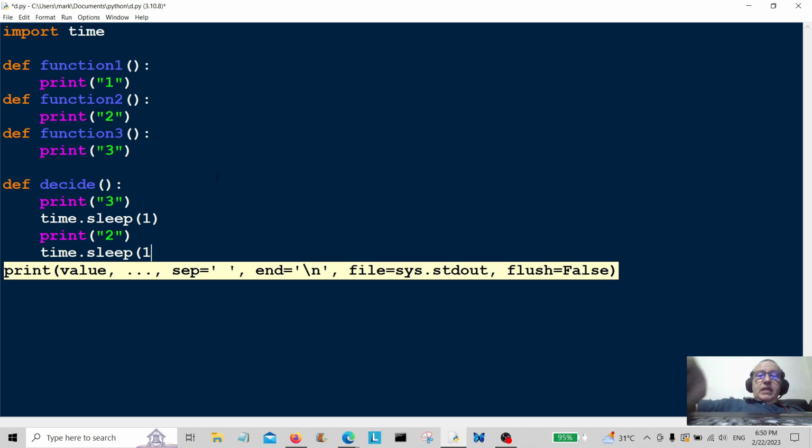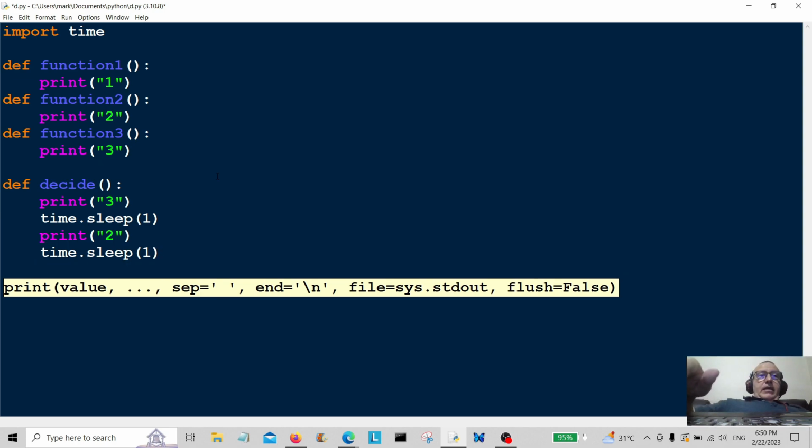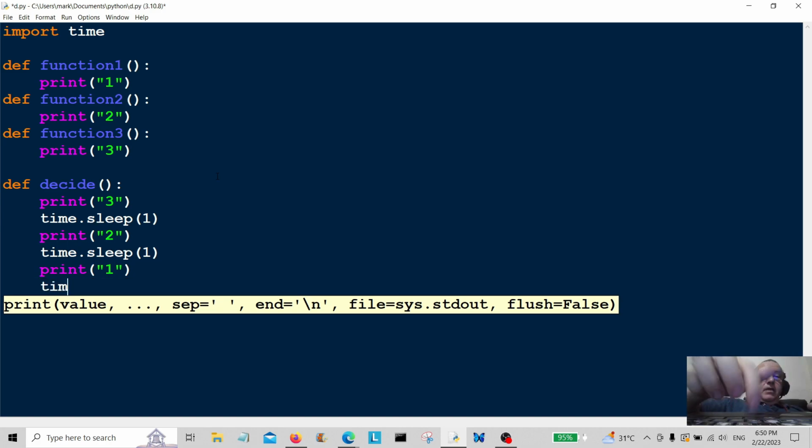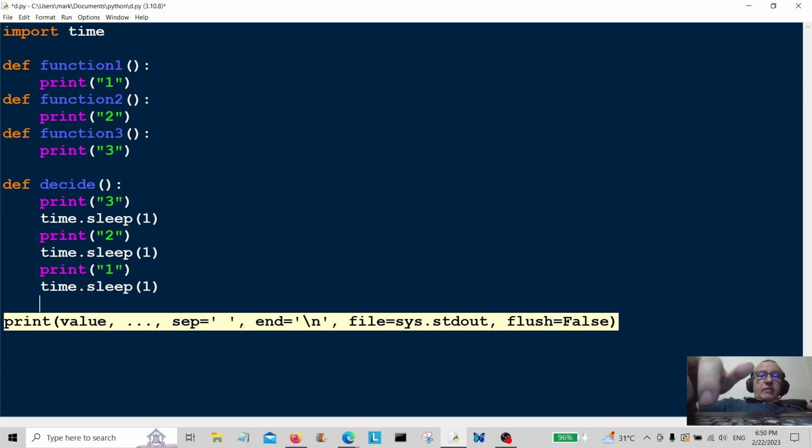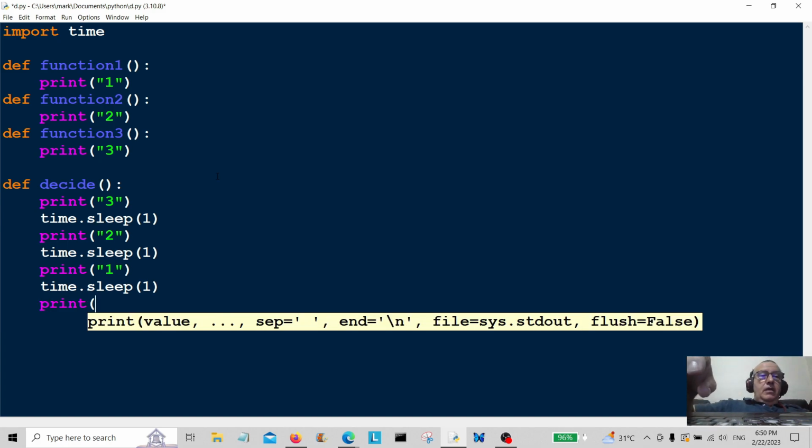It's going to be 1 second again, so that's a 1 second delay, and print, let's have a look, 1 here. Okay, and that's going to be a time dot sleep 1 second delay there. Okay, and the final output that we're going to print to the user is